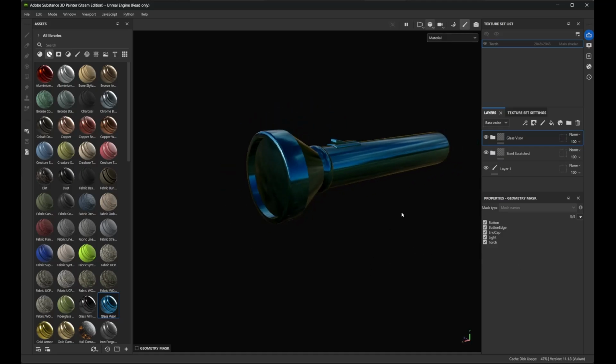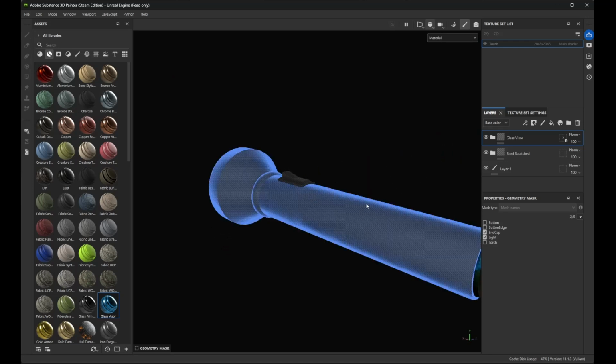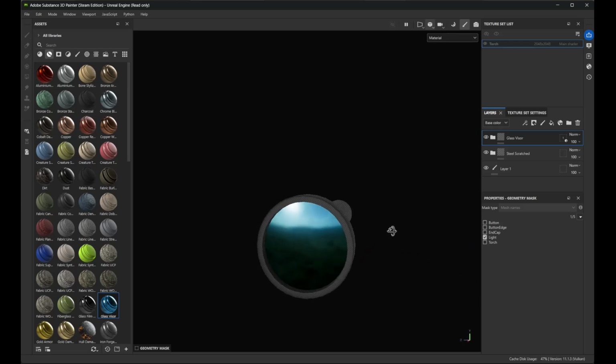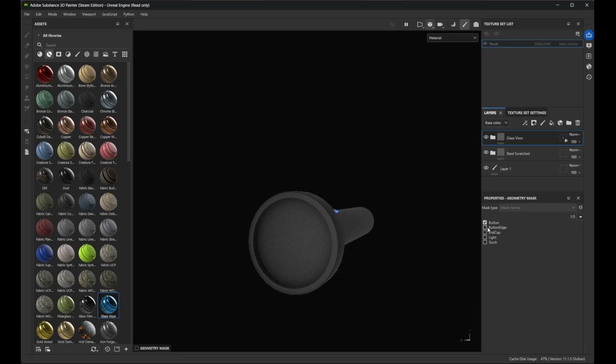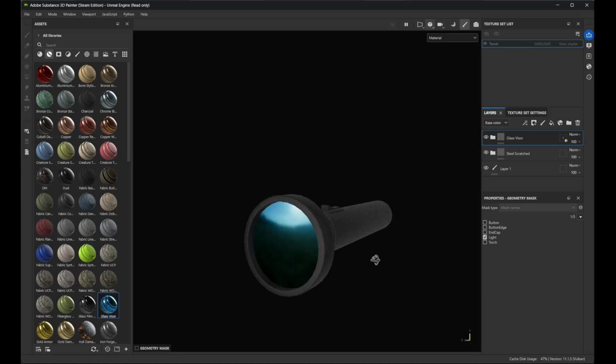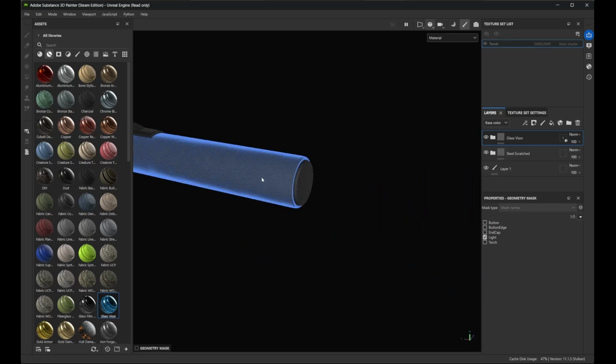Now, the geometry mask window allows you to select parts of your mesh and only apply this material to those pieces of geometry. So you can do it down here in the menu. If I only select the light at the front, now there you go, the glasses visor has been applied only to the front of the mesh. But you can also simply click on them and it should highlight the different parts of your mesh here in